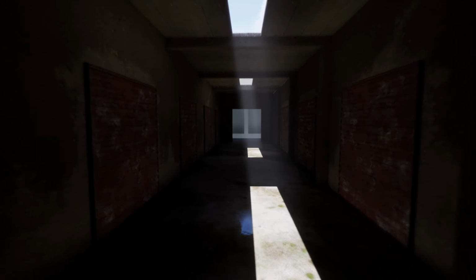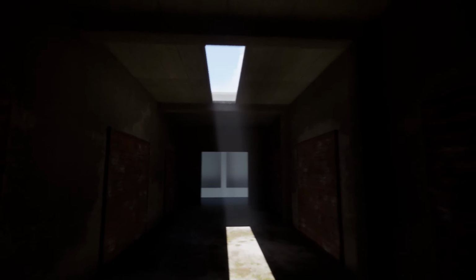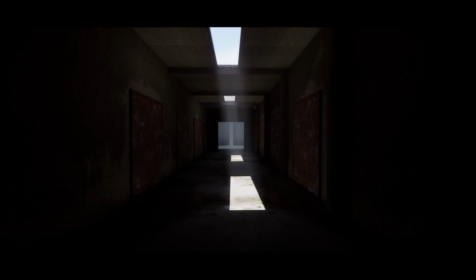This devlog is going to be a short one. I'll be going over the process of detailing the passage area. So last time I was done with the models and the materials of the passage area, but I was not